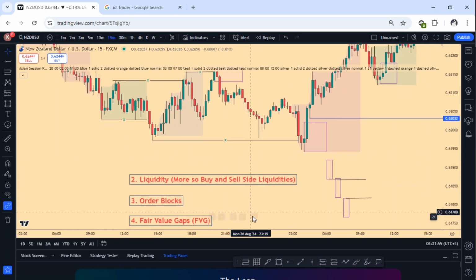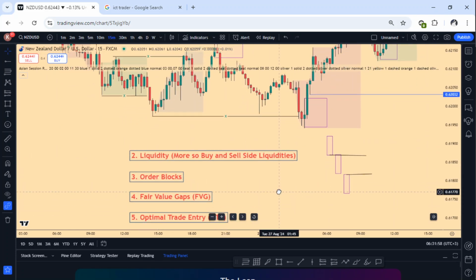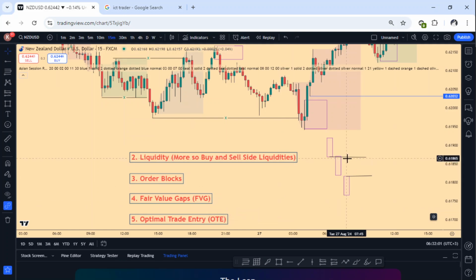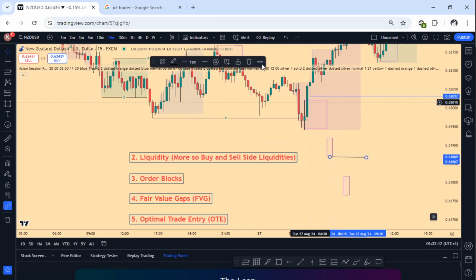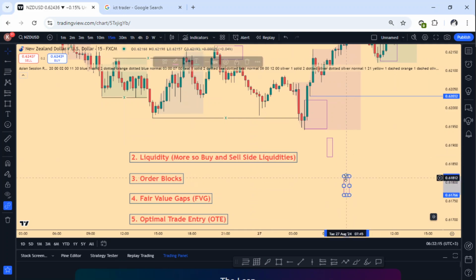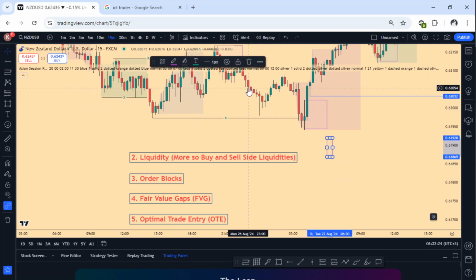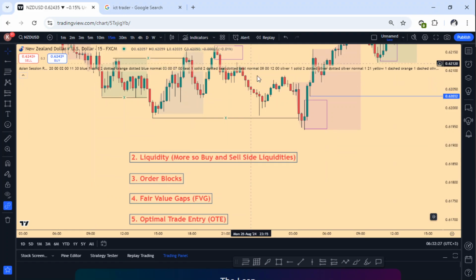Now another important part of ICT is called optimal trade entry. Now what do I mean by optimal trade entry? OTE, as they call it. OTE is specifically a retracement level between 61.8% and 79% fib levels, where ICT traders look for price to pull back before entering a trade in the direction of the prevailing trend. Now this concept is used to identify a low risk entry